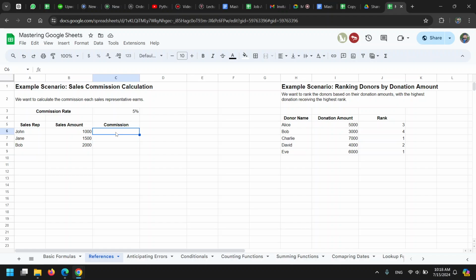So we know the formula. We can write the equal symbol here, click on this cell, the sale amount, and press Shift and 8 to get the asterisk, and then I can multiply it with the commission. I can click on the commission rate and press enter, and I can see that I get $50. Very good. So now I can copy this formula and move down and paste it in the